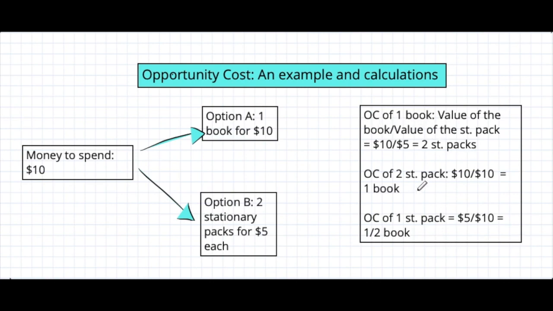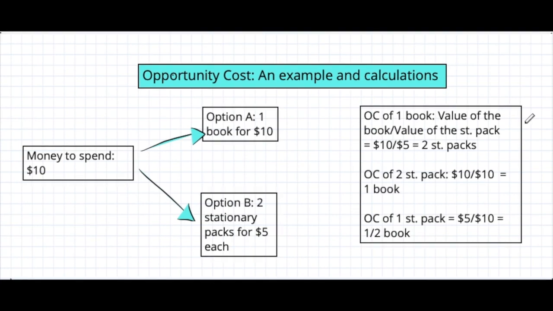If we now refer to the opportunity cost of the two stationery packs, we first calculate the value of the two stationery packs, which is $5 each times 2, giving us $10, divided by the value of the book, which is $10. And hence the answer is going to be one book. What this really means is that this one book has to be foregone so that these two stationery packs can be